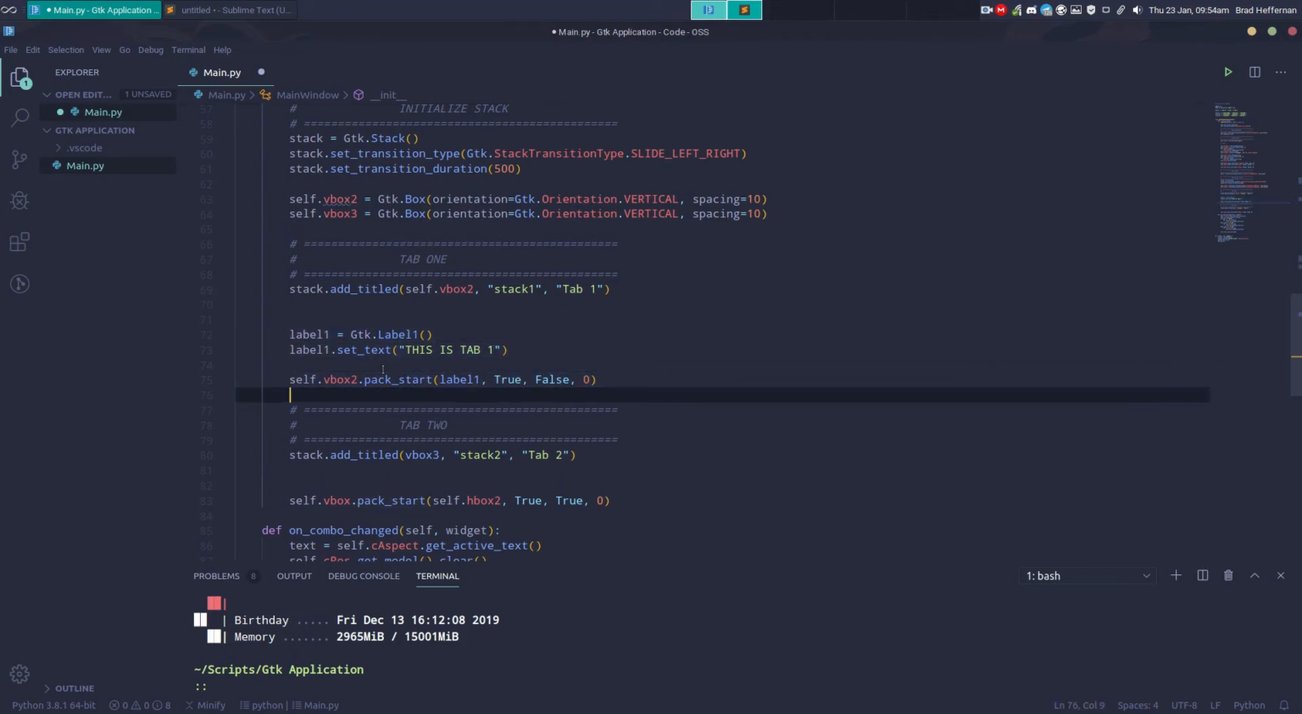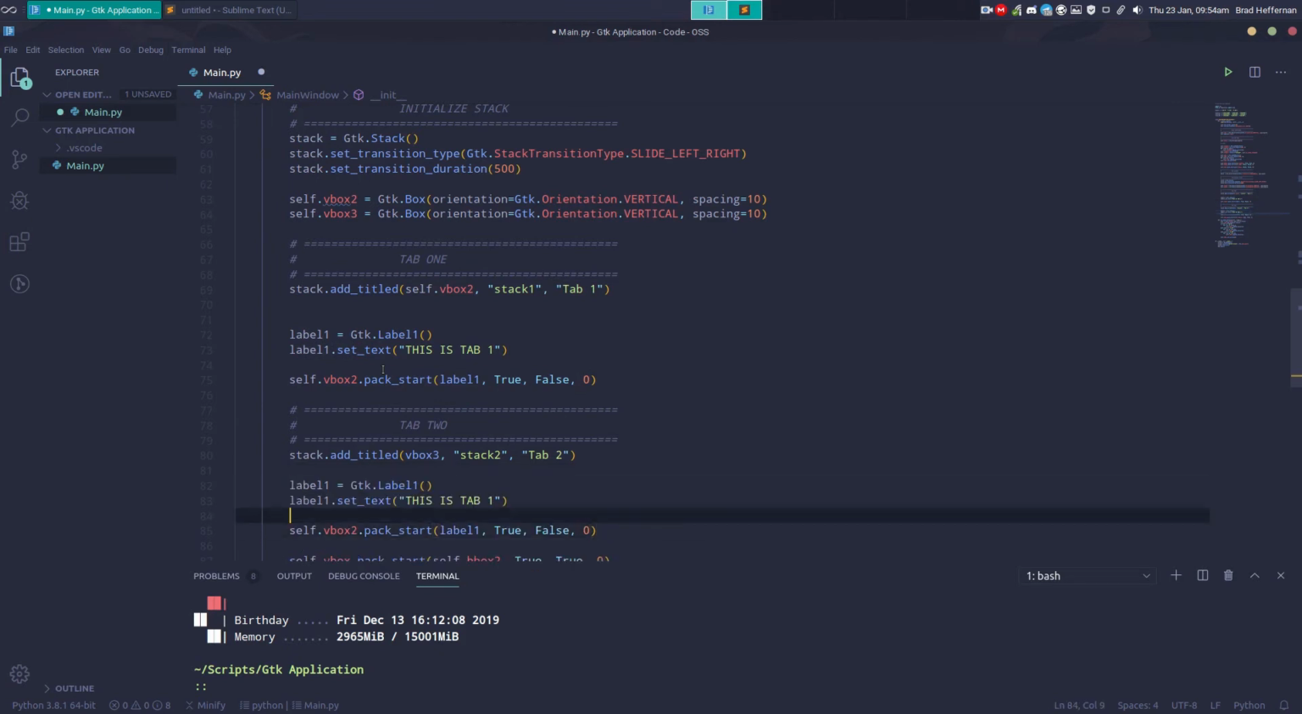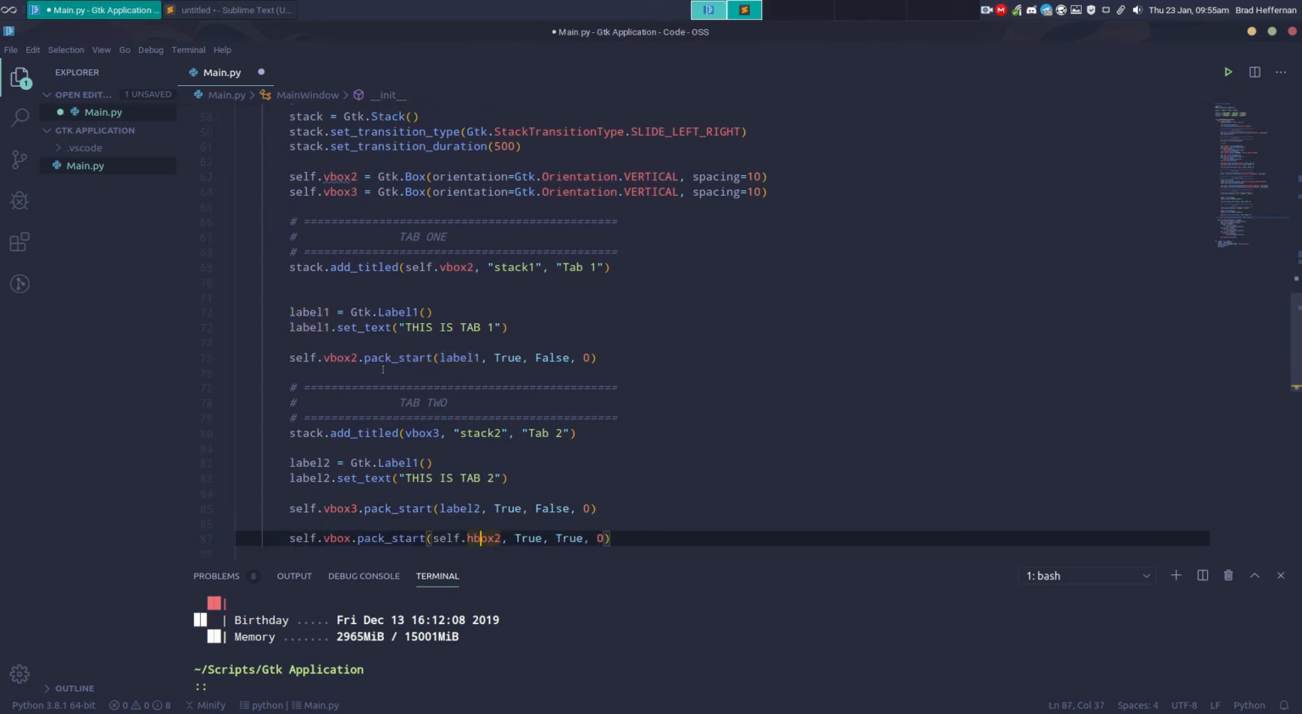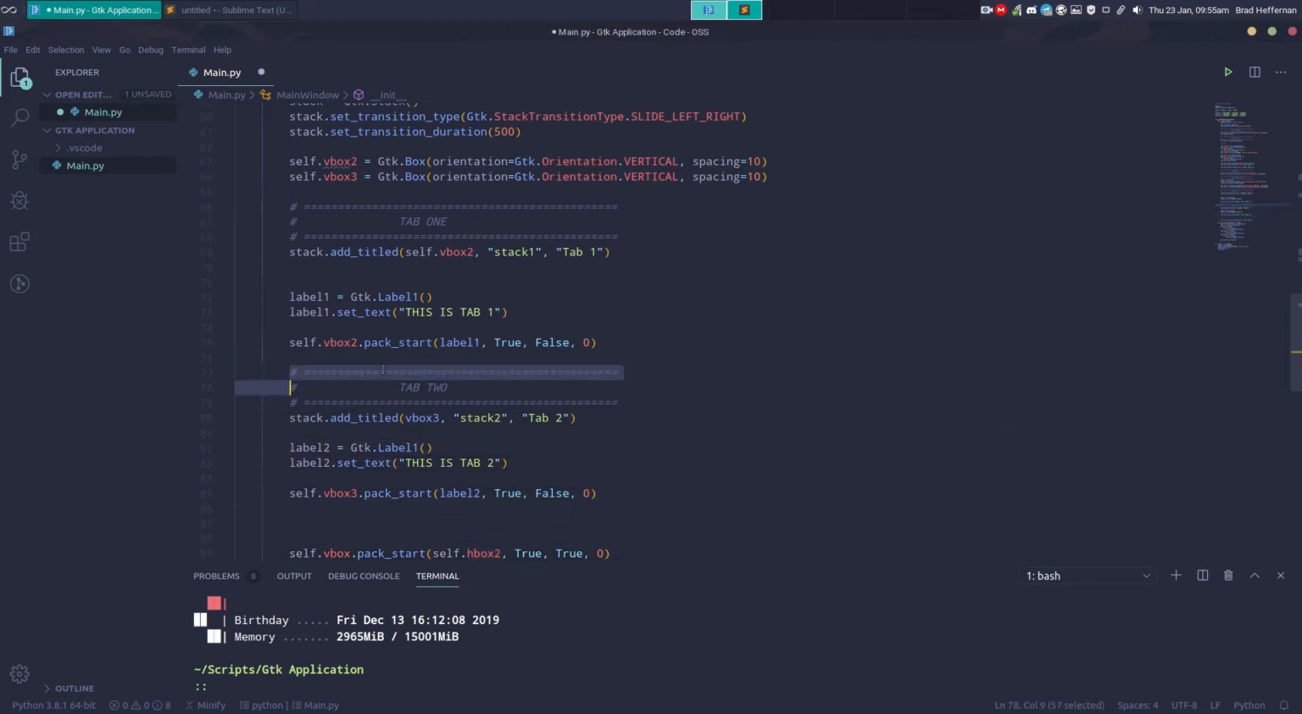Alright, so we'll copy and paste them, put them down there. This is tab 2, label 2, vertical box 3, label 2, and that's been packed into there. Alright. So now we'll do this,